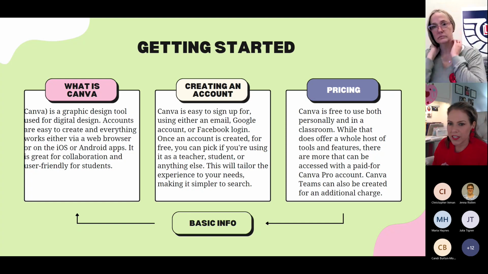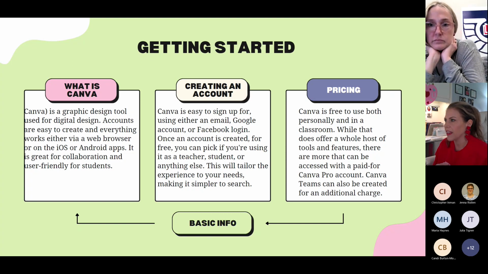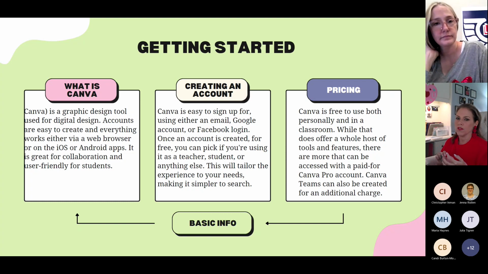Creating your account. If you don't have an account, it's very easy to do. You can sign up with your email, with your Google account, or you can even sign up through Facebook. Once you've created your account, you're going to pick whether you want to use the free version. They also now have an